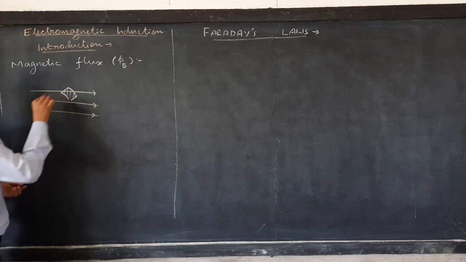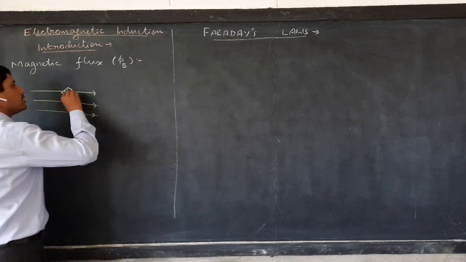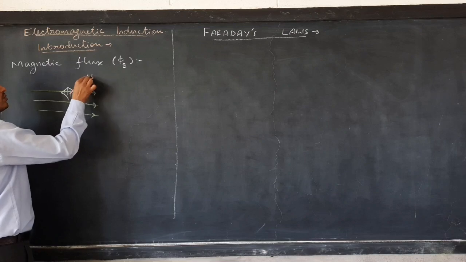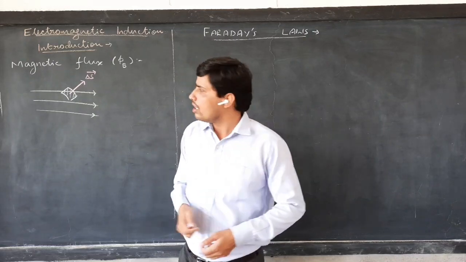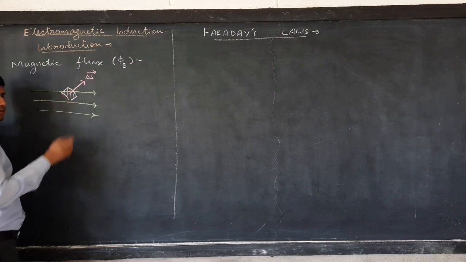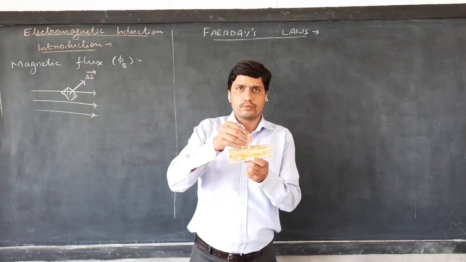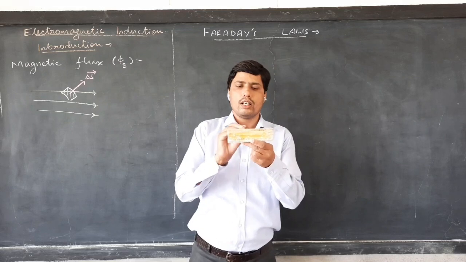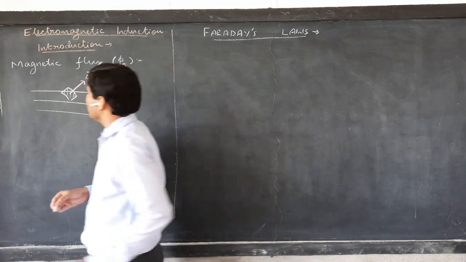This surface is an open surface, and its area vector we can represent like so. This I'll write as a delta S vector, and if this element is very small we can also write dS vector. This area vector is always directed normal to the surface. For example, for this face, the normal will be towards you. For this face, the normal will be towards me. For this side face, the normal will be in that direction, and so on.